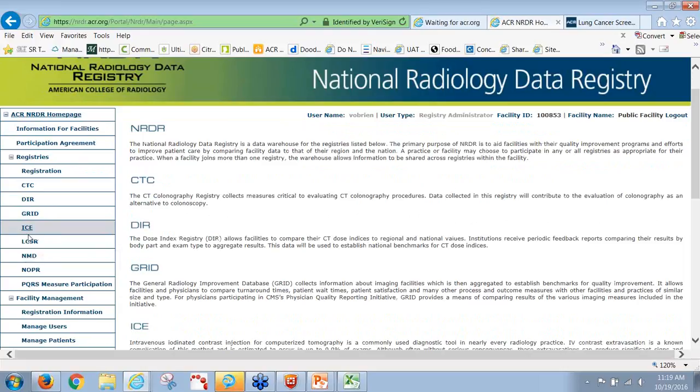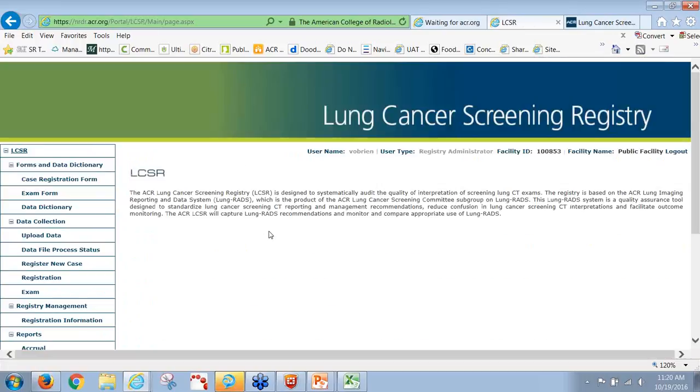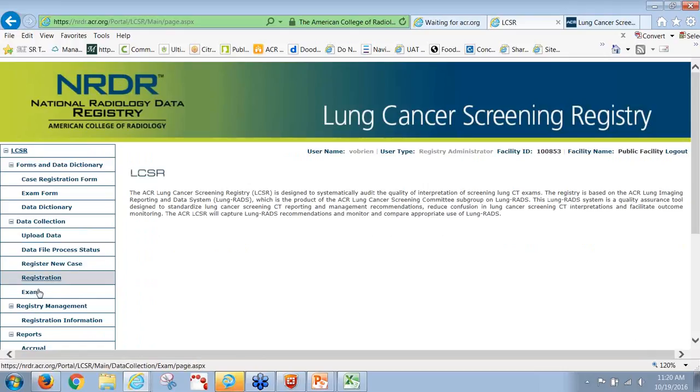If you're going to add data, you can be a facility user, but if you have to go back and edit that data, a user type that low won't allow you to edit any of the forms that have already been created. So if you have a facility user type, ask your facility administrator for that account